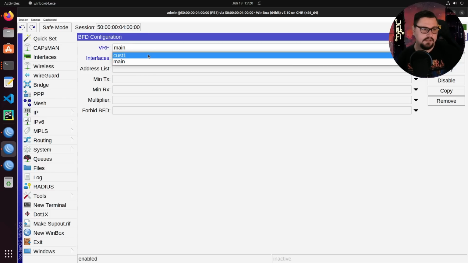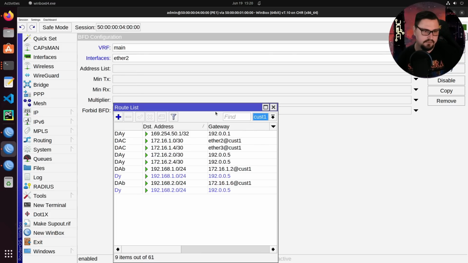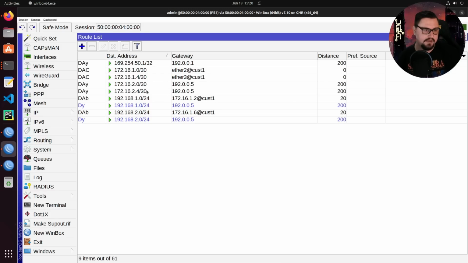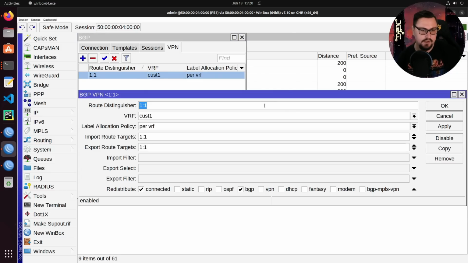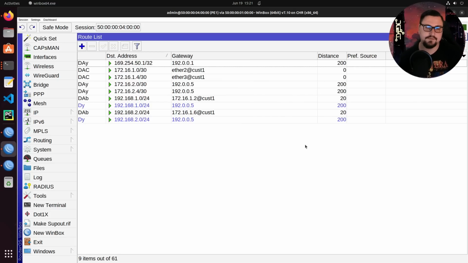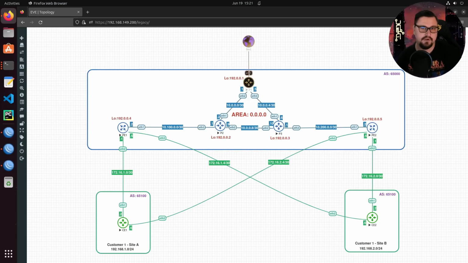And technically, MikroTik says here you can specify the VRF, and I just want to explain the solution again. I do have a different routing table called customer 1, and I am running routing using BGP obviously, but I am using BGP VPN as well in order to import and export route distinguishers and targets and stuff like that. So this is just a very modern way to deliver services on MPLS or a layer 3 VPN for a customer. But I do have a 169.254.50.1 address, which is actually being advertised by provider 1 as a loopback address